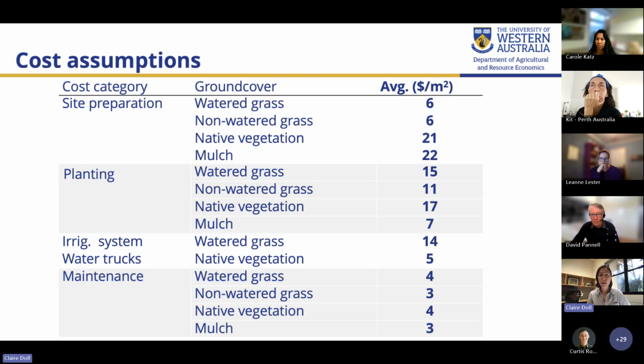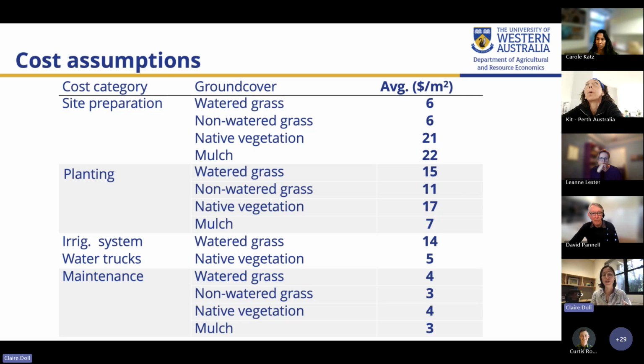So we've collected a wide range of estimates. We do record all of these estimates, including the minimum and the maximum, but they're basically broken down into preparation costs, what it takes to get the land ready to be planted, the planting costs.